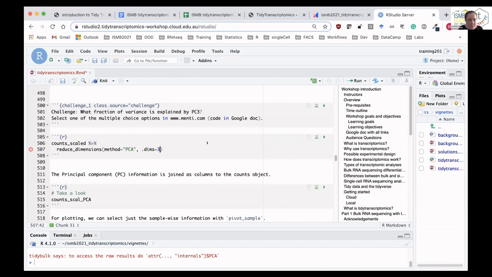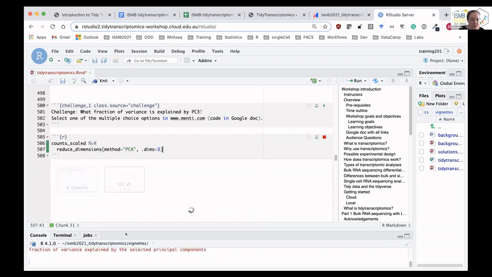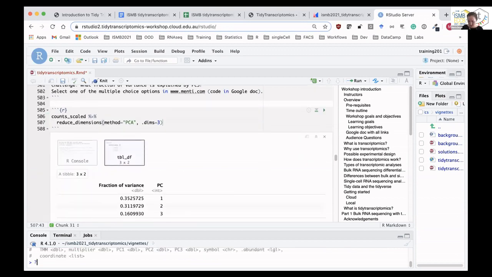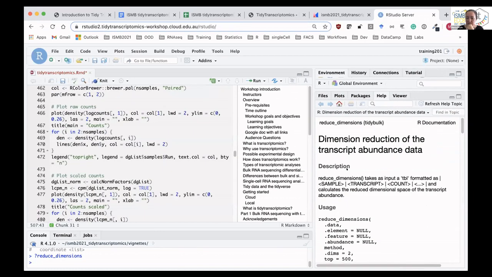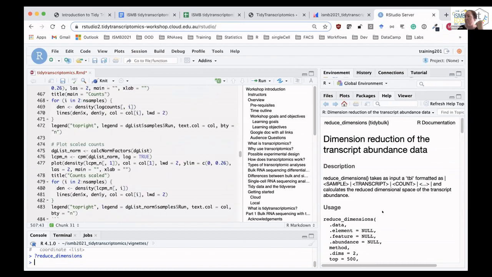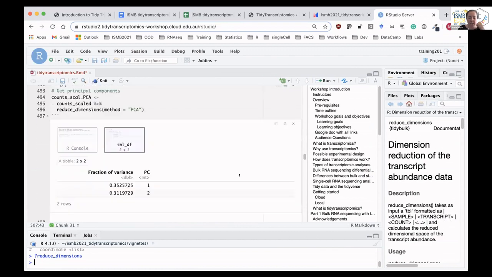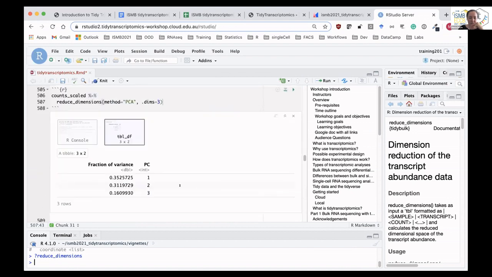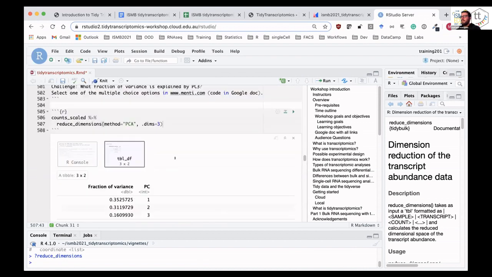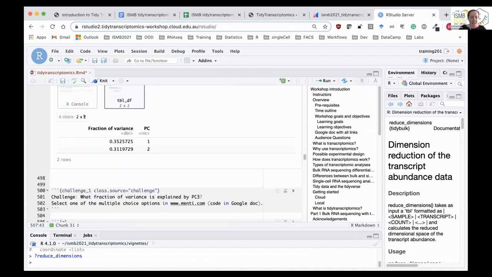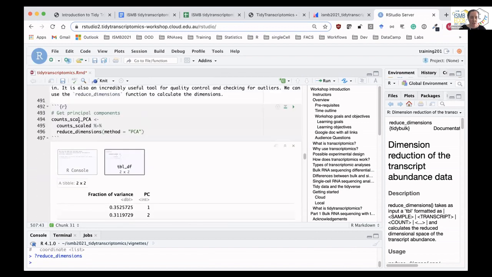So that should get you the answer. And how to see that is you could use the help. So the question mark, reduce dimensions. And if you had had a look at the help, you should see that there is this dot dim. So you can see more than the top 2 dimensions if you would like. So great, most of you got that. Brilliant. Okay, and so moving on then, what we should see is that what we did up here by running reduced dimensions and saving it as the counts scale PCA,